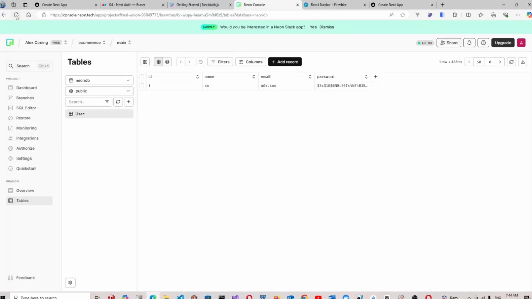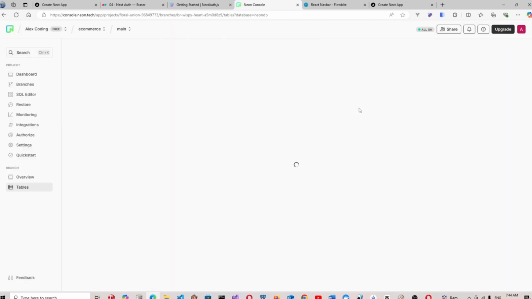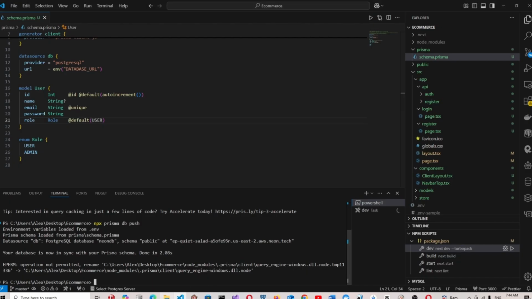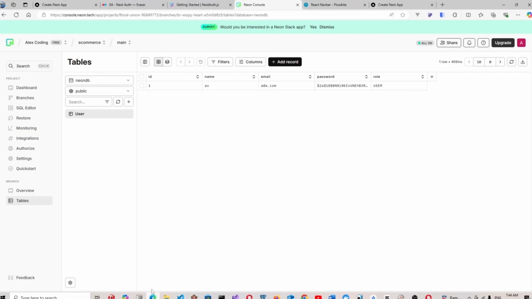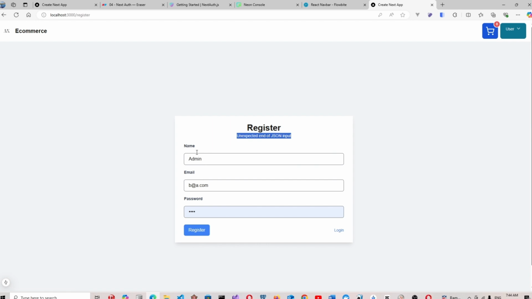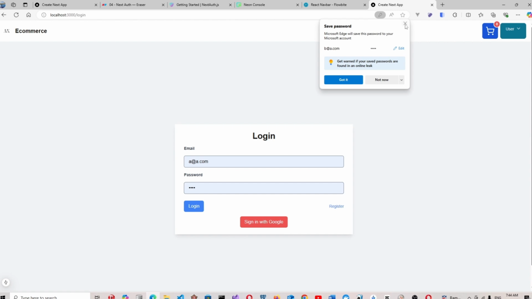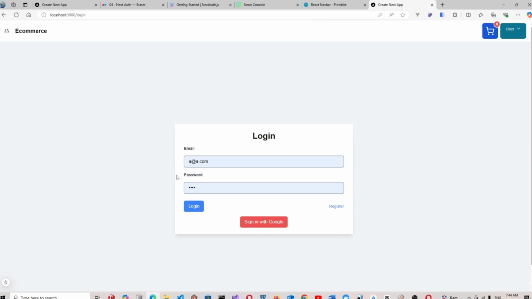We should see a role column. Oh, now we have the role column. Perfect. So let's go to this register, and okay, now it's successfully registered. And we go to the database, we refresh,